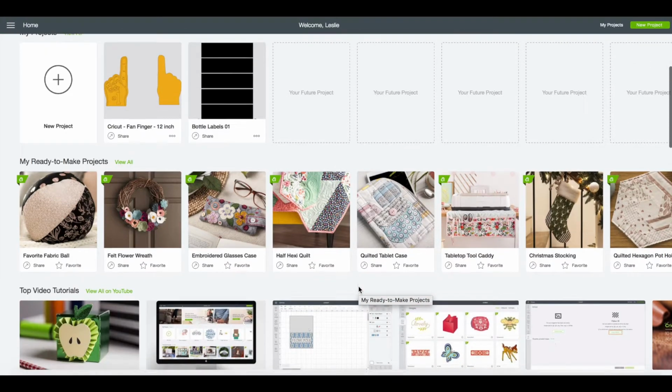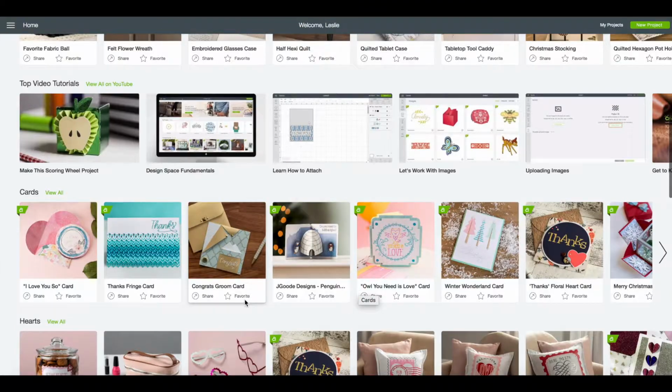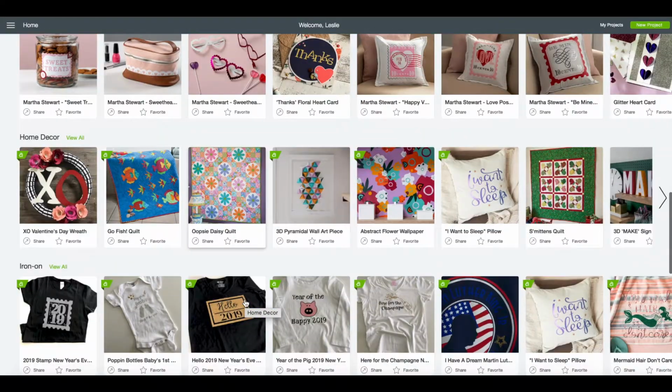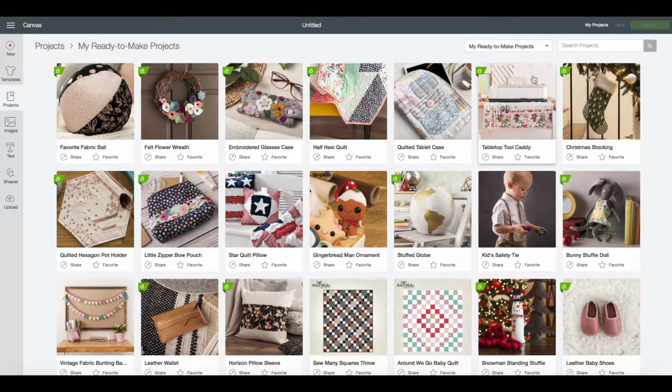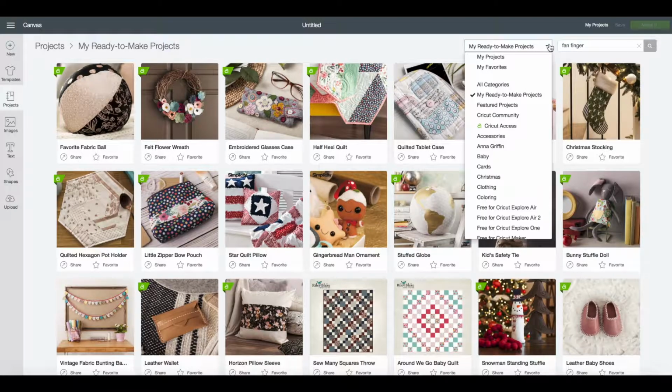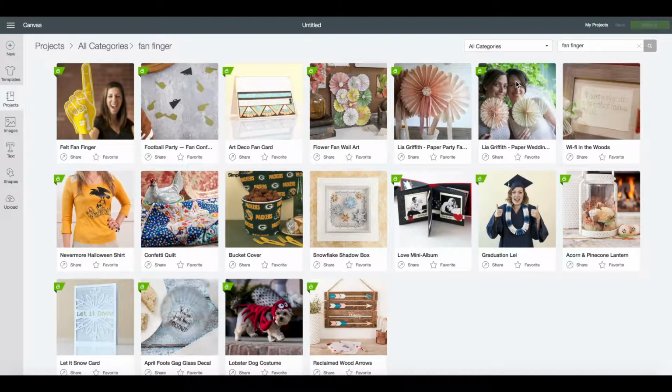So what I wanted to do, now you can search all through here, it's fun, but I just go to the first one that says ready to make projects, and I'm going to type in fan finger, and I'm just going to go all categories. And boom, there it is. It's felt fan finger. Click on that